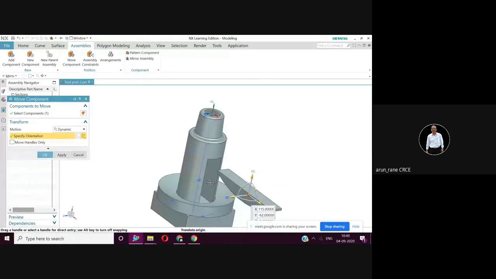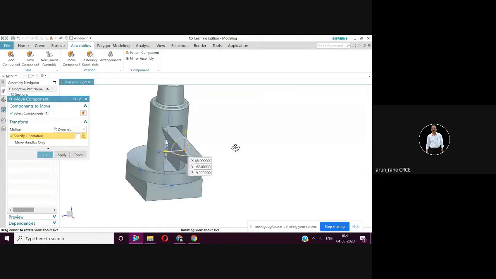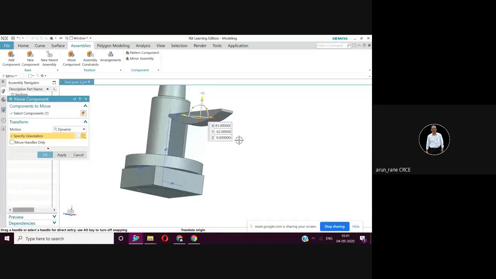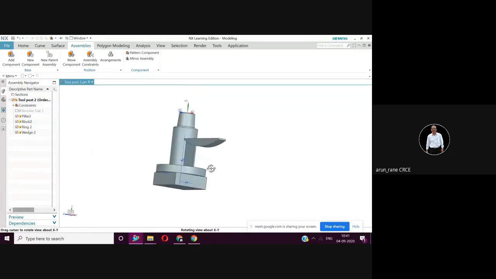We'll try to rotate and see. We will move it a little inside also, like this. Okay. Let us see now. Say okay. Now let us see what happens.